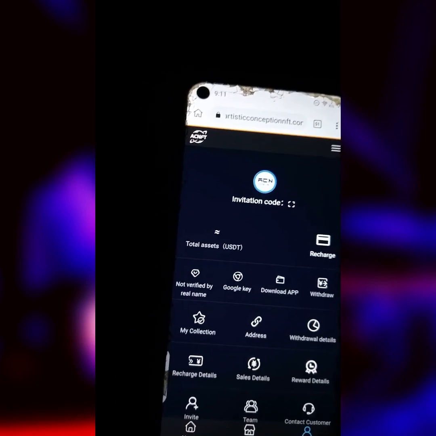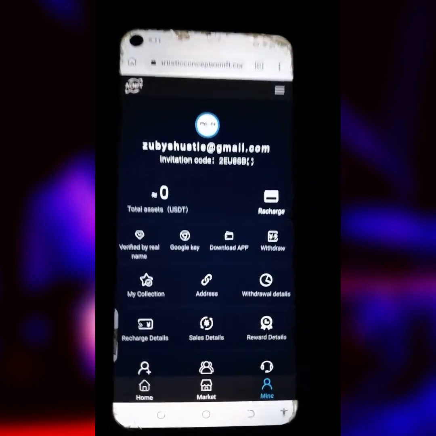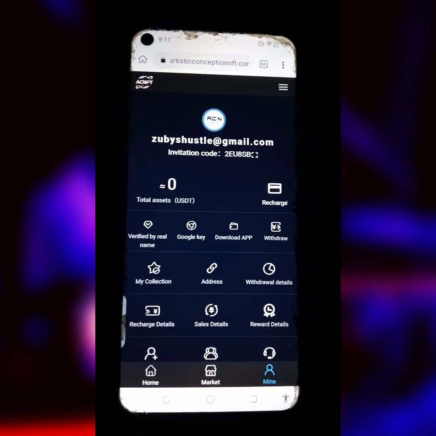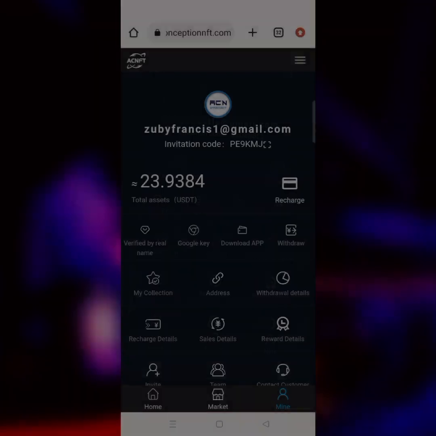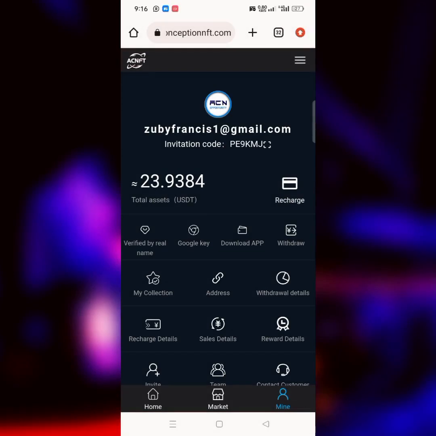So if you go over to your account, these three things that you need to do to secure your account have been successfully done by us. So by now, if you have been watching this video up to now, I think you have gotten all you need to do to verify accounts and keep your account secured for yourself, so that nobody will be able to hack your account. So since you have gotten it, the next thing you have to do is to go ahead